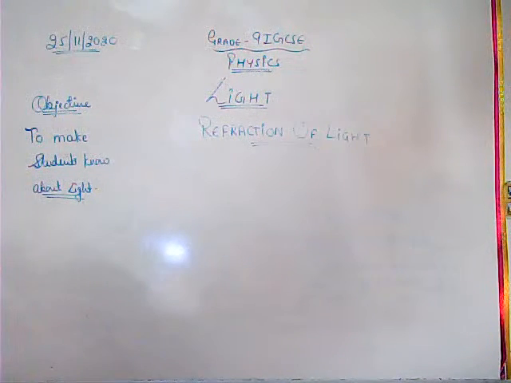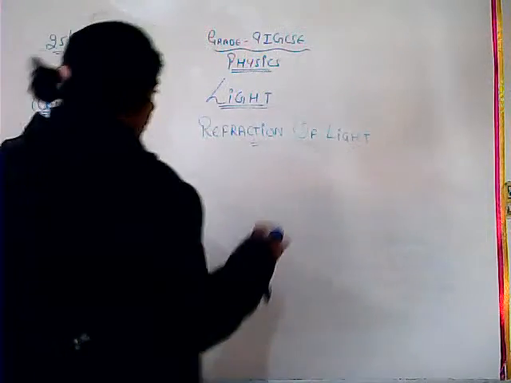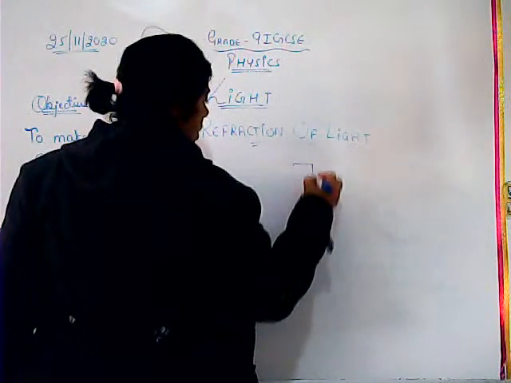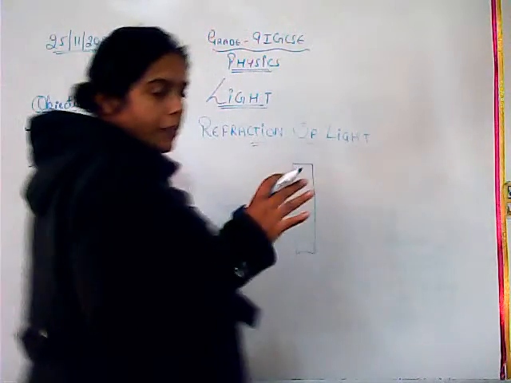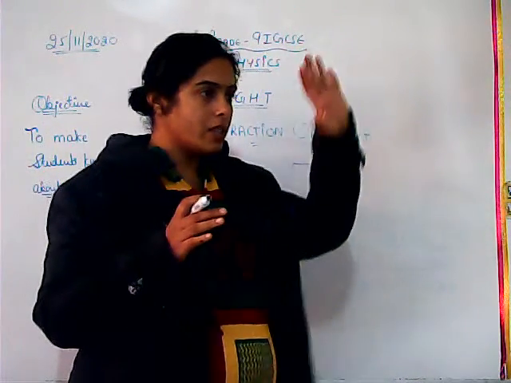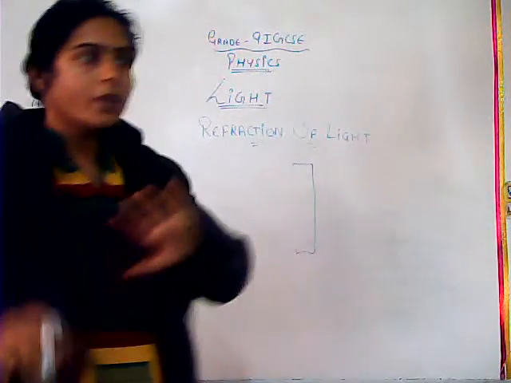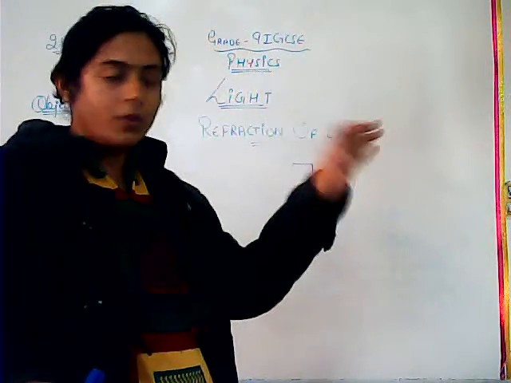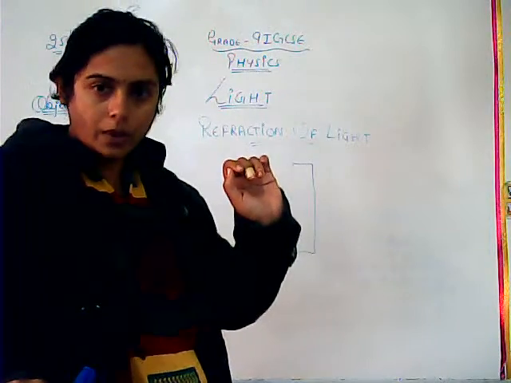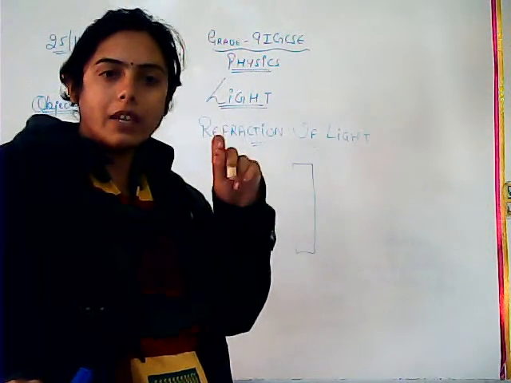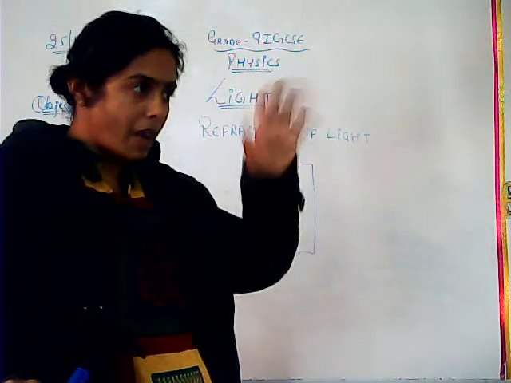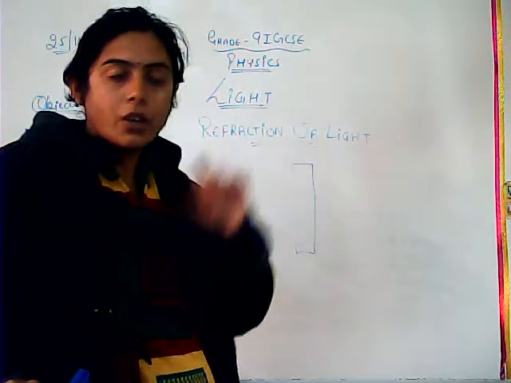The bending of light is the phenomenon which we say refraction, which we shall study in this part of the topic. Actually, what is it? You have a mirror, fine. Not mirror, we are going to talk about a glass. There is a window, fine. Through that window, if that window is even properly, fine. So whatever image you have in front of you, its view is going to be the same. Okay, if you have a window which is uneven, like having some designing on it and some uneven structure formation on it, then somewhere you will see